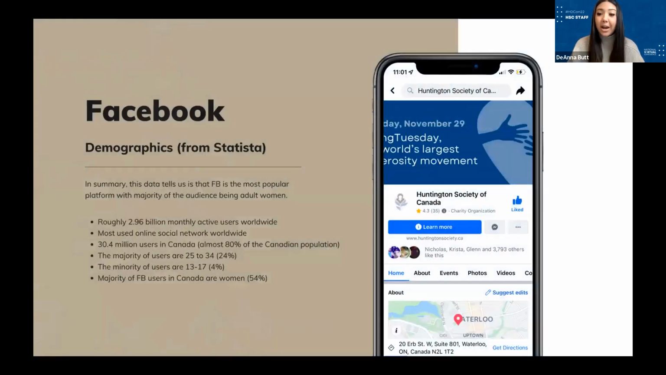So first, how we're going to do this is each platform, we're going to start with the demographics. So I'm going to tell you a little about who's on the platform, and then we'll talk about a bit about the platform. So starting off with Facebook,